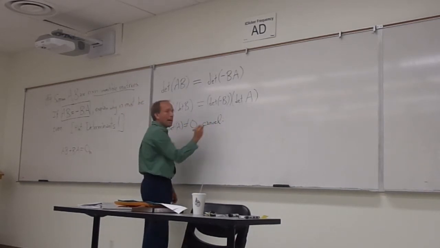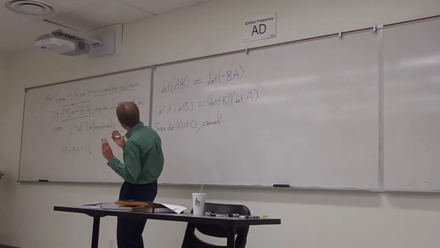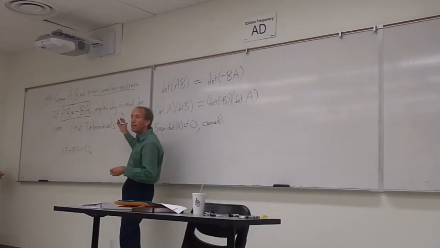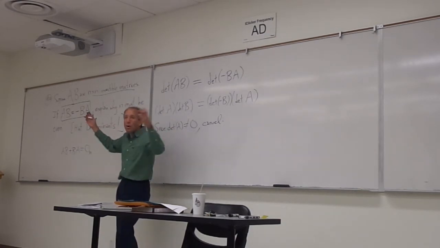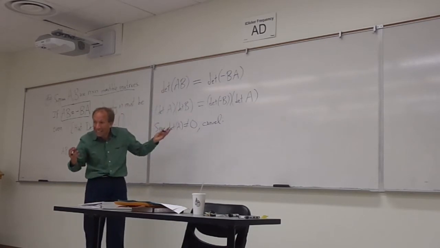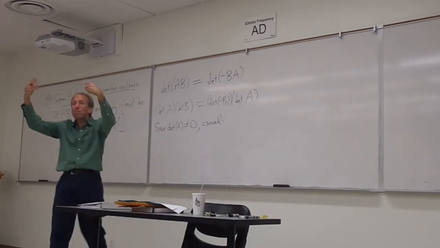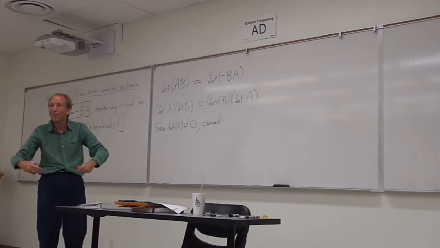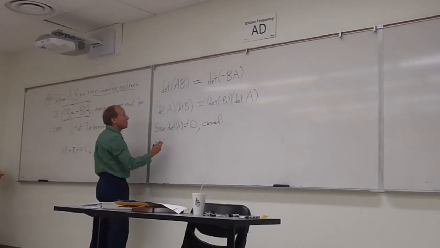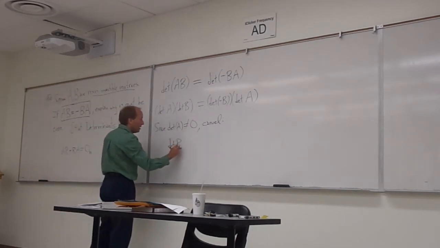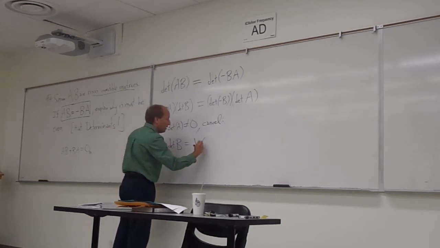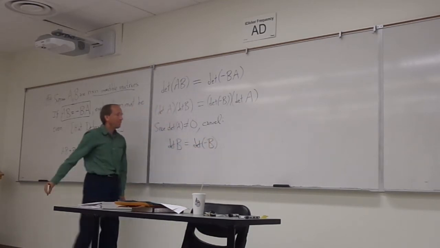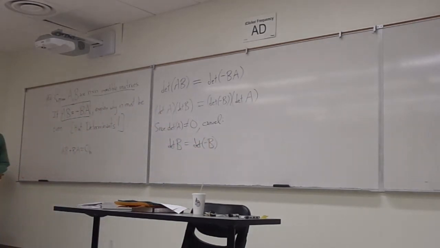And by the way, guys, this isn't even what I'm trying to explain yet. I'm trying to explain why n is even. And I have no idea what this has to do with that yet. But let the proof come to you. Just work through what you know, right? So cancel to get determinant of B equals the determinant of negative B. All right. Now,